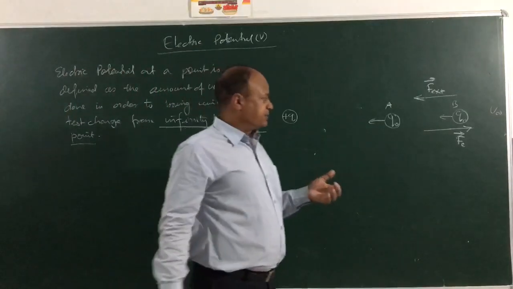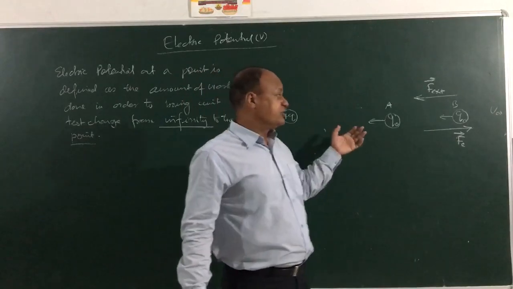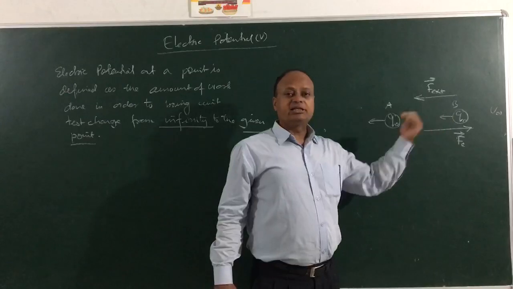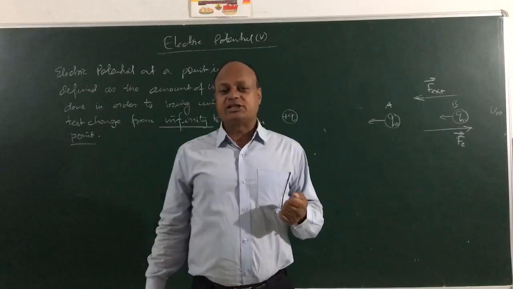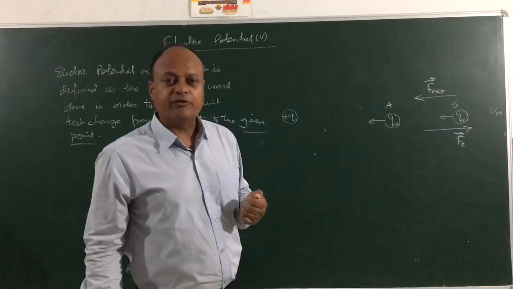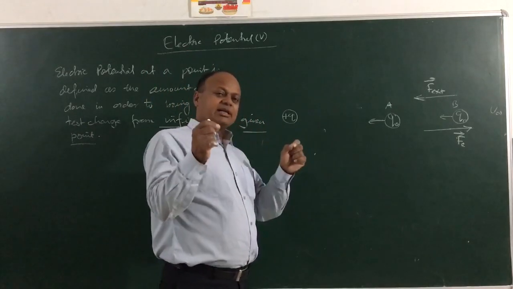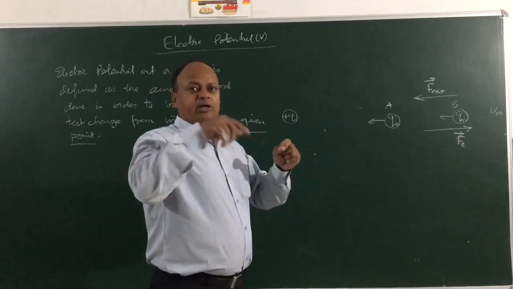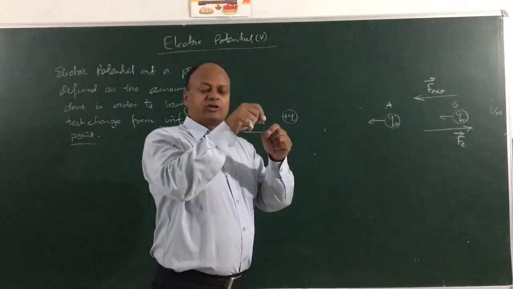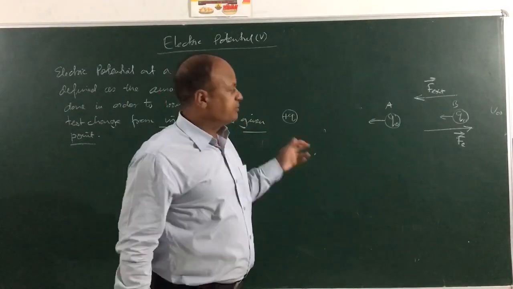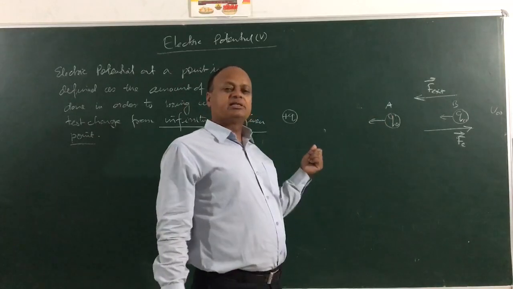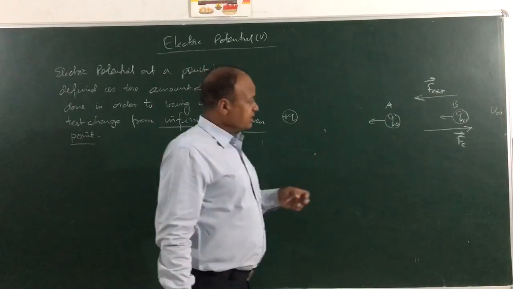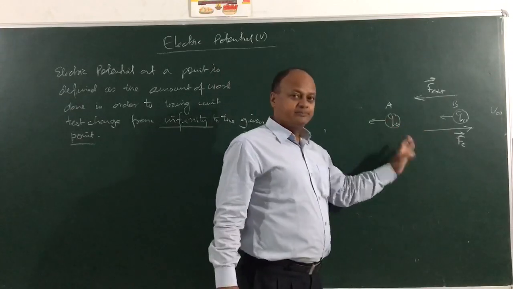Let's understand this concept here. Why infinity? Because at infinity there is no interaction, and we will consider that the energy of the test charge which I am bringing from infinity is how much? Therefore 0. You can understand it like this: infinity is like the origin, like we have a coordinate axis. At the origin we take the coordinate to be 0, 0. Same thing here, we will consider the energy at infinity to be how much? Initially 0. So as I am bringing the charge from B to A,